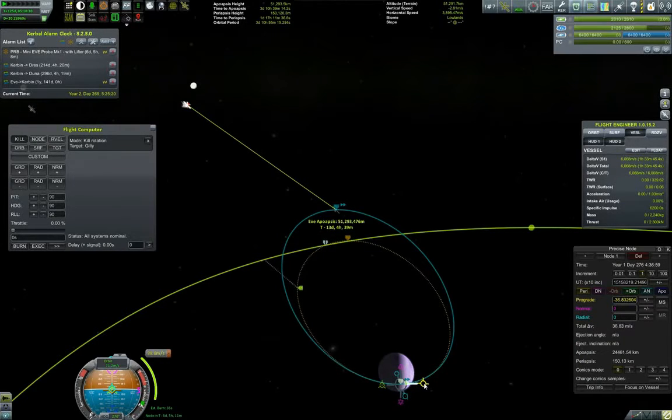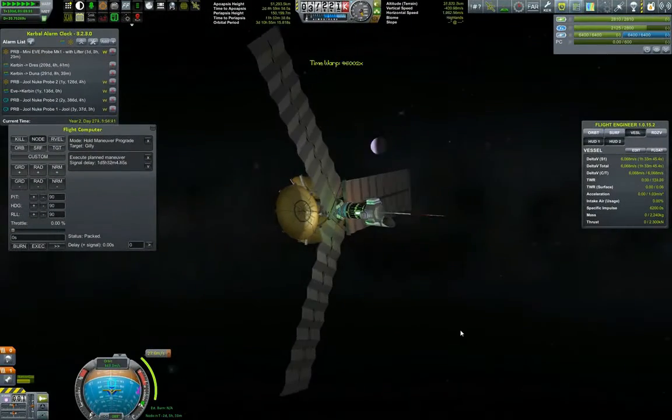And all of these burns which we're doing at periapsis will not have the connection to the KSC, so might as well book them in the flight computer. Hold maneuver prograde, and then we will be executing the node. We would want first to orient the craft basically, but it doesn't play a big role anyway. Okay,